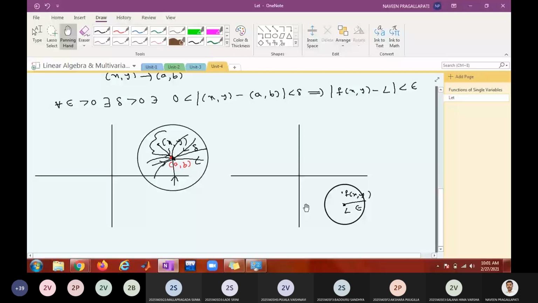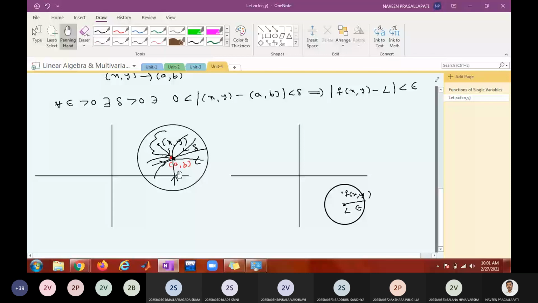And all those limits must be equal. Now, can you see the complexity of the limit for higher dimensions? For the existence of the limit, the limits along all these paths must be equal. First, limits along all these paths must exist. Not only are they existing, they should be equal. So it is highly demanding.